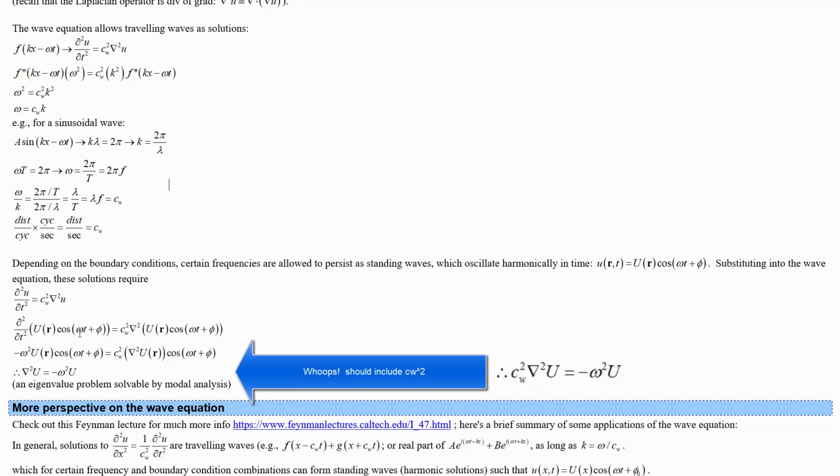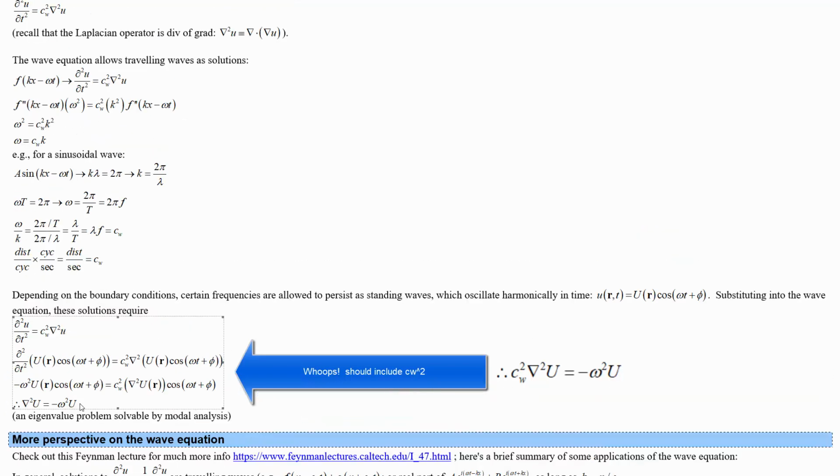We've got this substitution. Two derivatives with respect to time of the cosine will give you back a cosine, but multiplied by -1 and multiplied by omega squared, again using the chain rule. And then over here, we're going to get two spatial derivatives doing nothing to the cosine, right? It's just going to be a derivative of u, whereas over here, the time derivatives ignore that u at r, yeah? So now the cosine can drop off, and we've got an ordinary differential equation for what u has to satisfy, what shape is allowed for this standing wave,